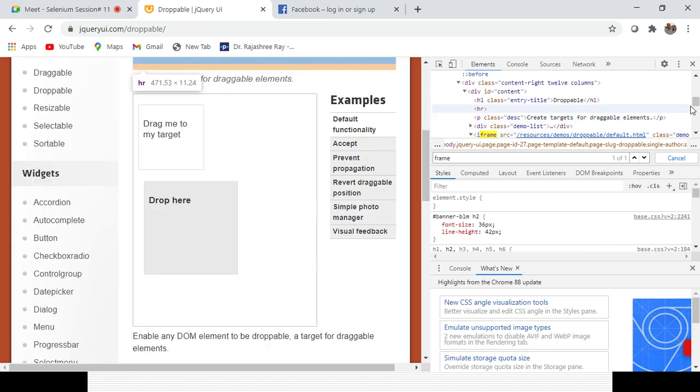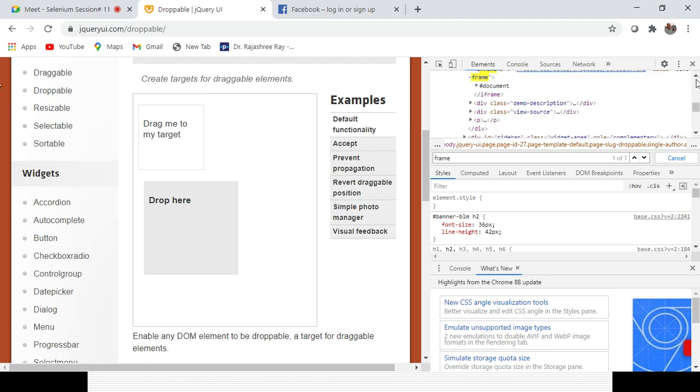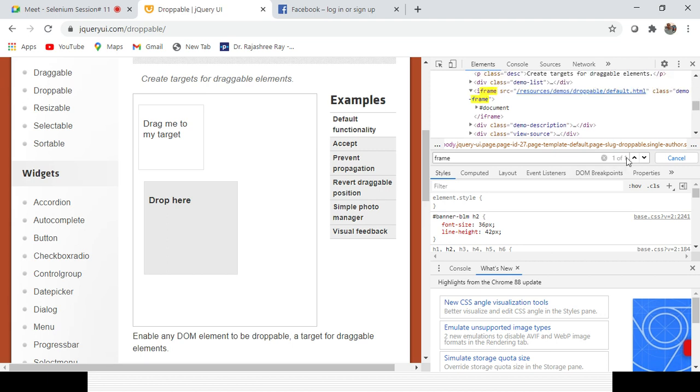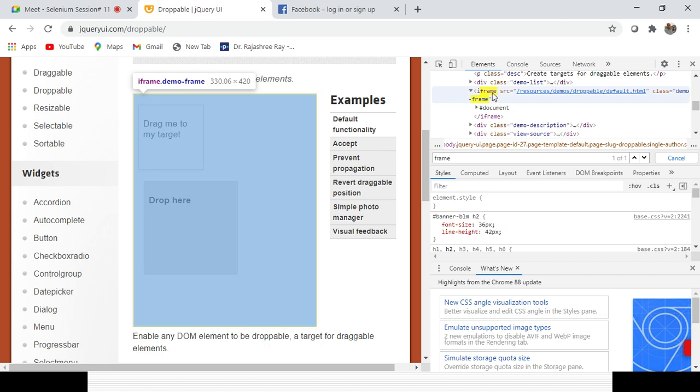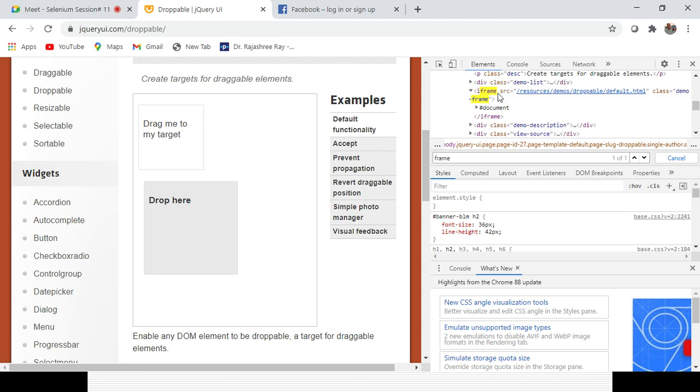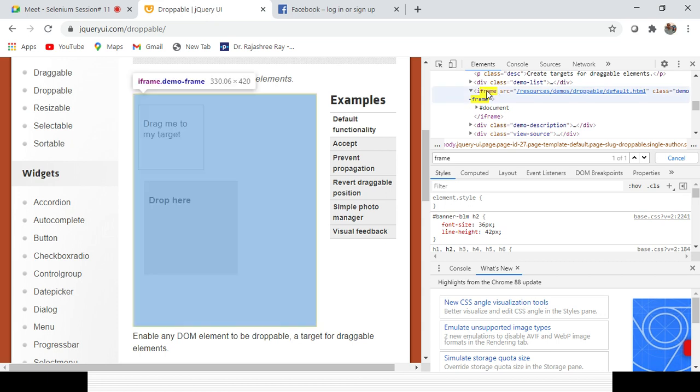In case that tag is available, definitely some frame is available in the page. You can see only one of one, which means only one iframe tag is available, so only one frame is available. And if you select the iframe, you can see that portion is in the frame. Understandable? So that is what a frame is, and how you can find out whether a frame is available or not.